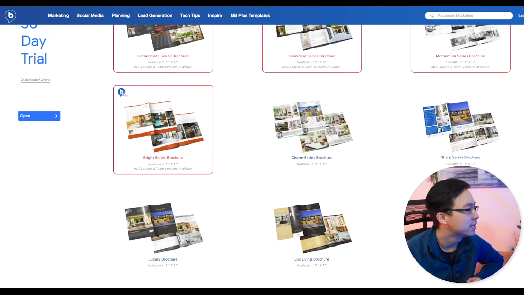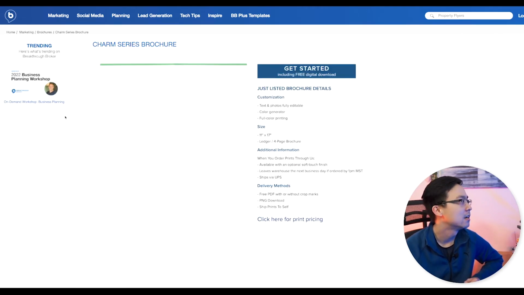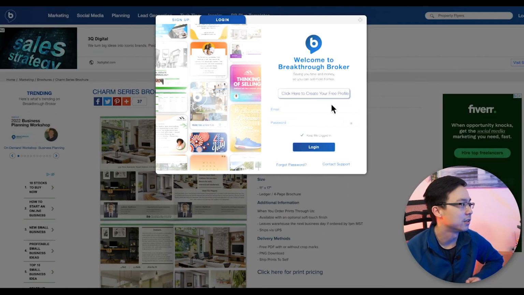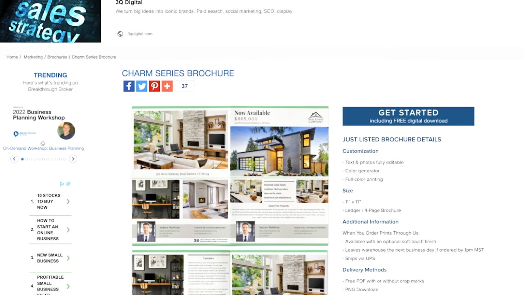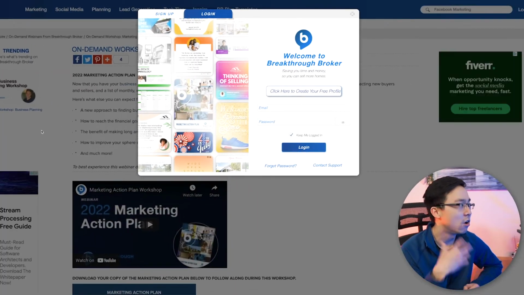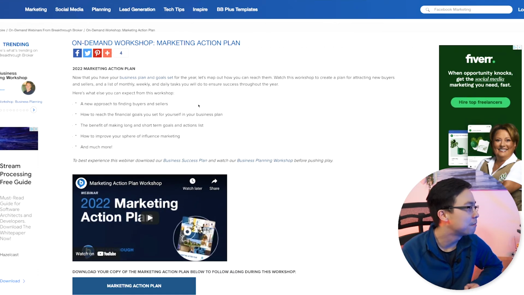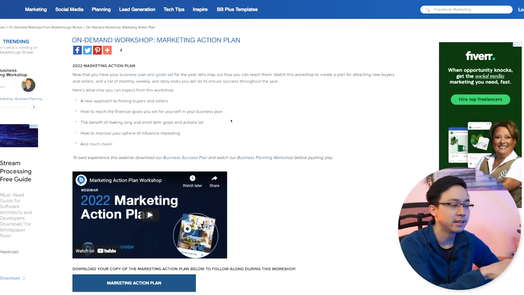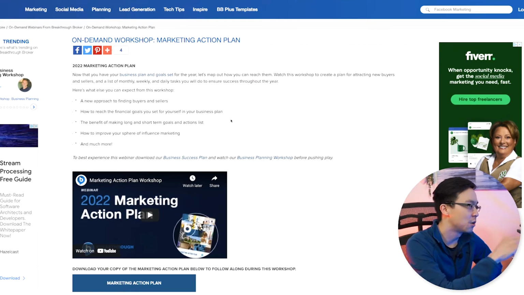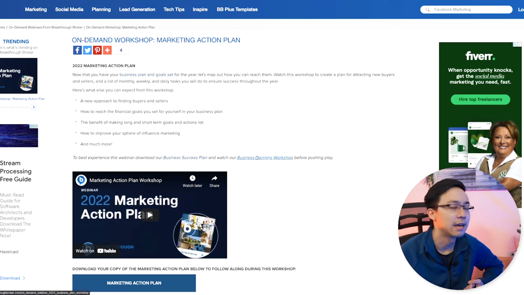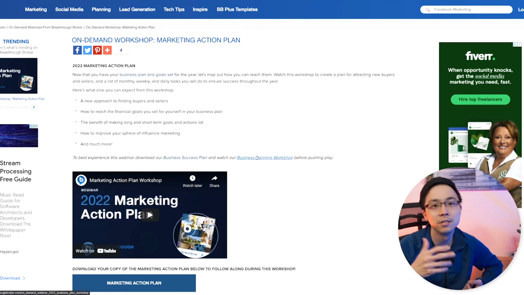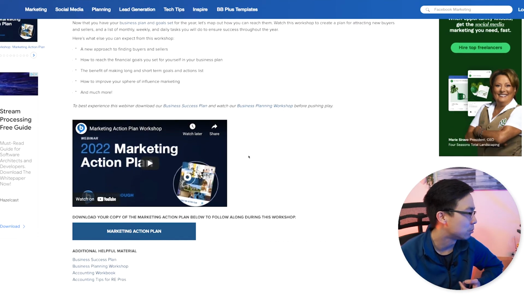So here you can see as I click into these different pages, I'm starting to see those ads coming up, but you'll also notice on this particular website, they're trying to get me to create an account. And also on the left-hand side, I noticed that they're selling some on-demand workshops. So what they're probably doing is getting all this traffic from realtors that are interested in finding their templates. And then from there, they're trying to get them into some sort of later plan or resource that will immerse them more closely into coming back to this website and continuing to use their site.